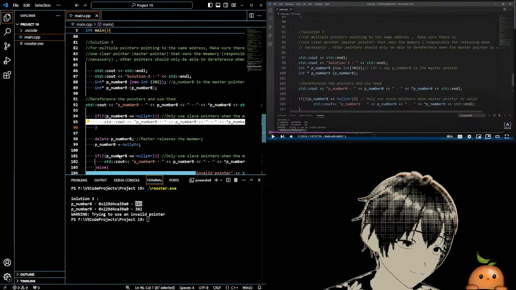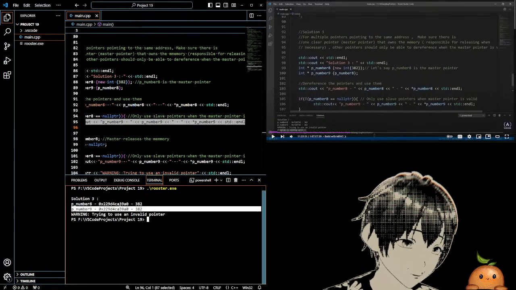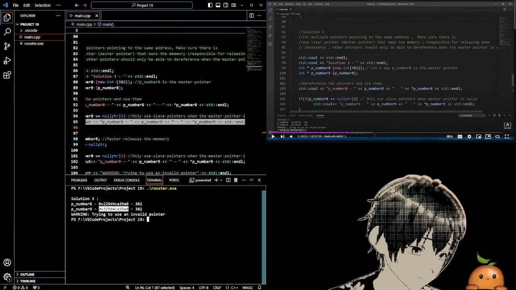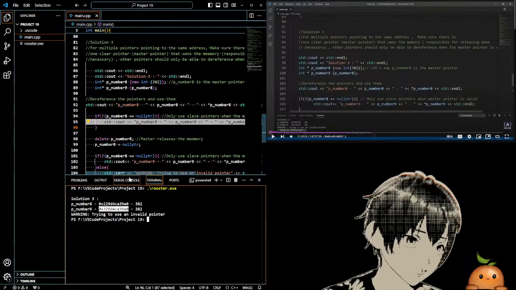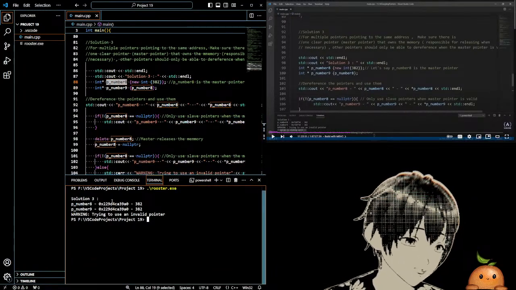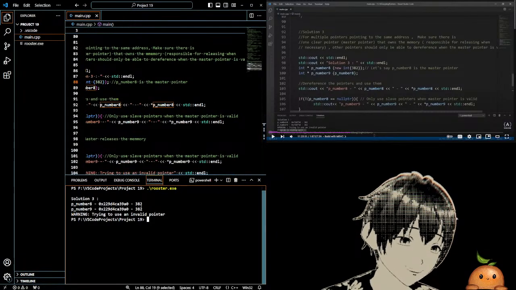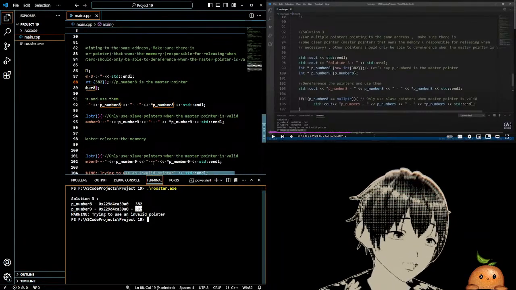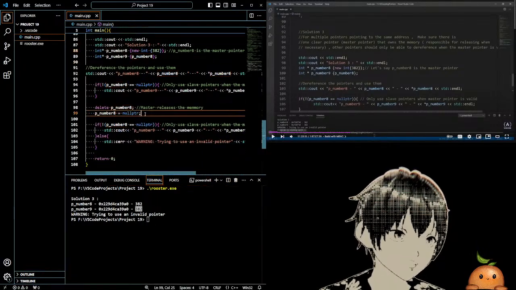So we have P number 9, and what it points to in memory, which, because it's P number 8, is exactly the same as our last one. And then when we dereference that, it's exactly the same thing again, because they're both pointing at the same thing. And then we delete the memory